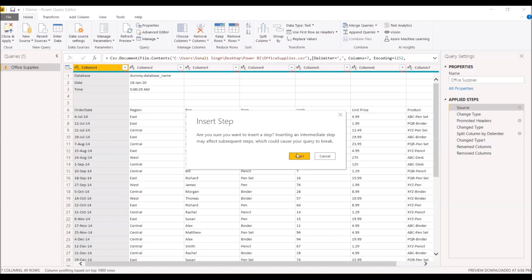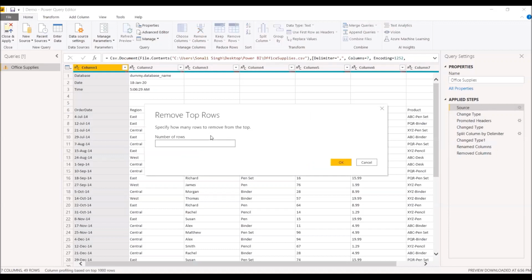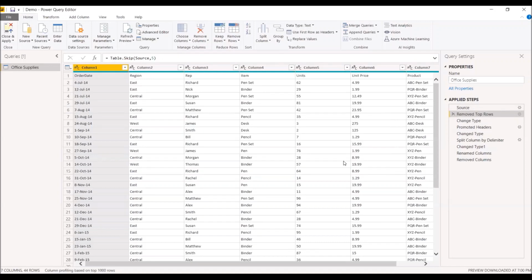So for now, I click on insert, and I know I have to remove first 5 rows, so I type in 5 and I click OK. So as you can see, the first 5 rows have been removed from the data view, and the necessary step has been applied in this pane.